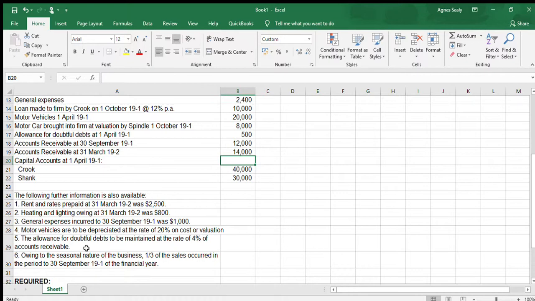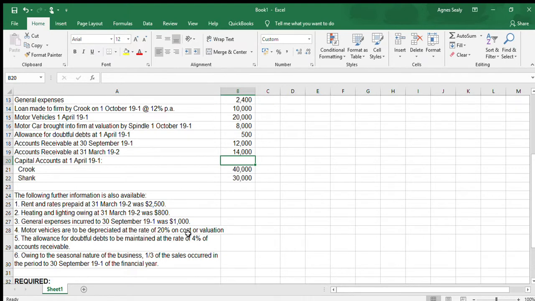And then we were also given some additional information. The first piece said rent and rates to be paid at 31st of March was $2,500. Heat and lighting owing at the end of March 19-2 was $800. General expenses incurred to the 30th of September was $1,000, and motor vehicles are to be depreciated at a rate of 20% on costs